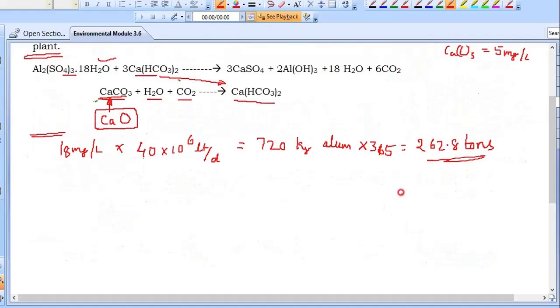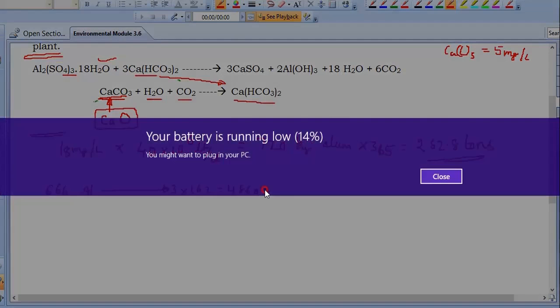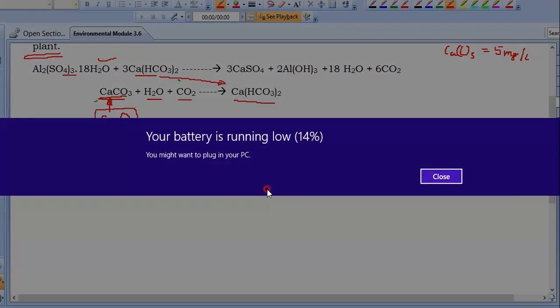Now we need to understand this reaction. Alum will react with calcium bicarbonate, right? Then alum is how much? 666 gram of alum reacts with how much? 3 into 162, that is 486 gram of calcium bicarbonate. But we don't have